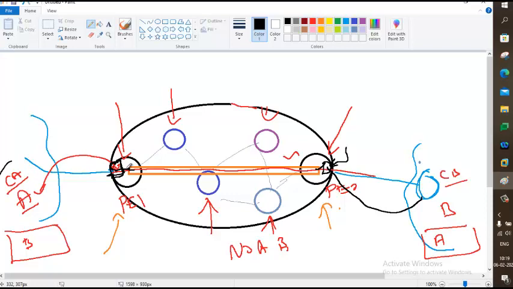The other traffic belongs to customer 2. So route distinguisher is one of the tag values which will say from where these routes are coming. Route target is the one which is going to distinguish the route in the VPN and say these routes are targeted to this particular remote customer.